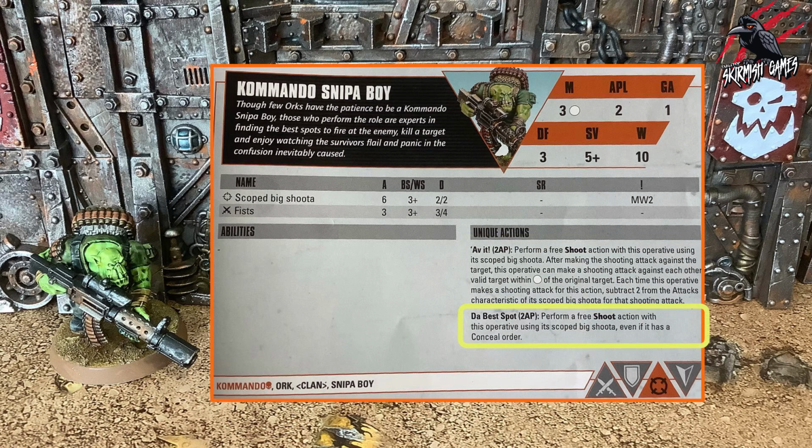He's also got another unique action called the Best Spot. And again, this is going to cost you 2 AP. And here, perform a free shoot action with this operative using its scoped big shooter, even if it has a conceal order. So another nice unique action for the Sniper Boy,